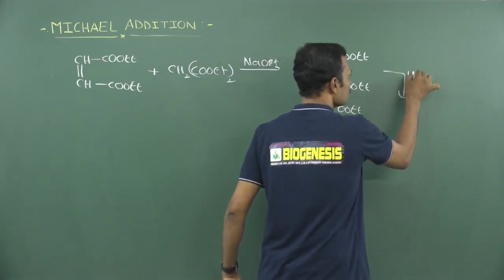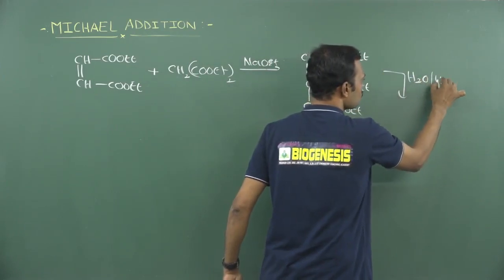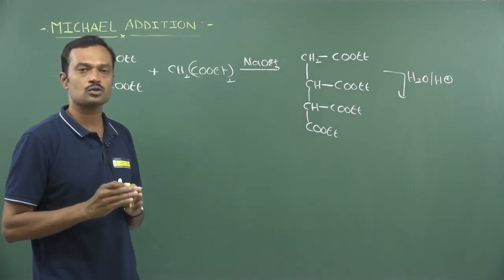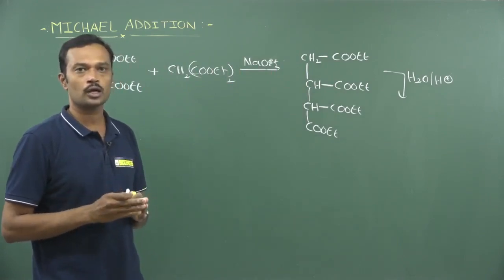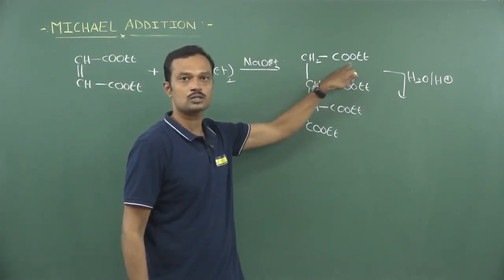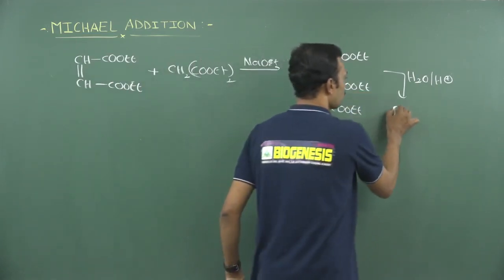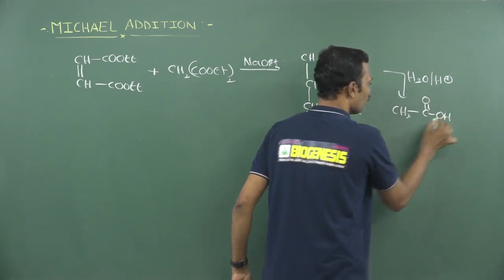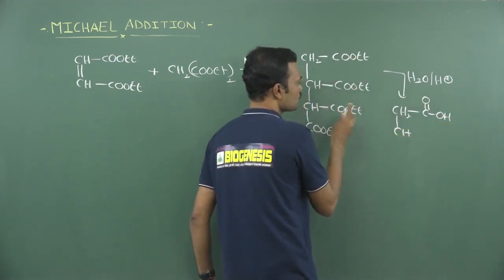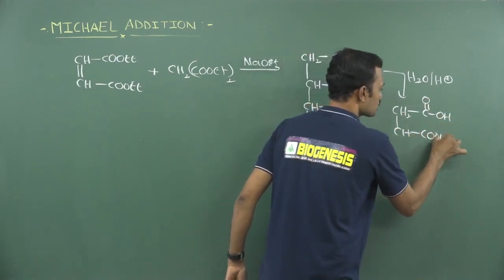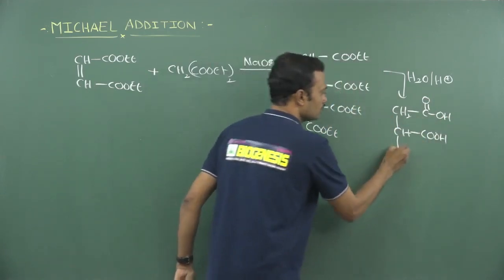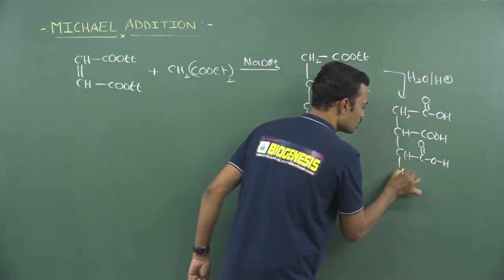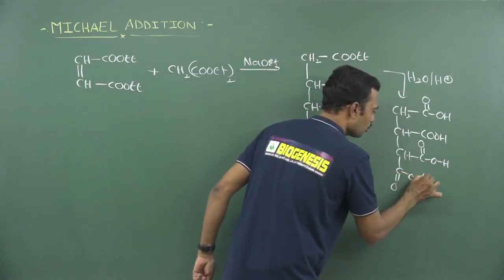After this, now acid hydrolysis. We know very well esters are highly sensitive in presence of acids. They undergo hydrolysis to give the corresponding carboxylic acids as well as alcohols. So we can write it as CH2, this is C double bond OH, and here also the same CH, and this becomes COOH. Can I write like this? Now this particular carbon carries 2 carboxylic acid units, COOH and here also C double bond OH.